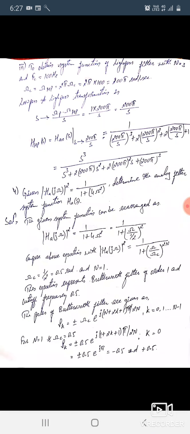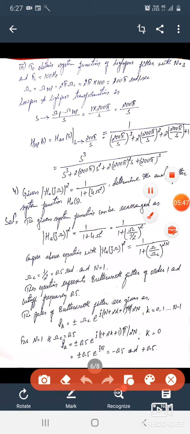If they give all the parameters, it's well and good. If it is not given, we have to choose. Remember, if fc of the lower is not given, what you have to choose? Minimum of 10 hertz. When cutoff frequency is not given, we have to choose 1 radian per second. The passband cutoff frequency we have to take, because here omega p is taken. I am stressing here, omega p is what I have to take.